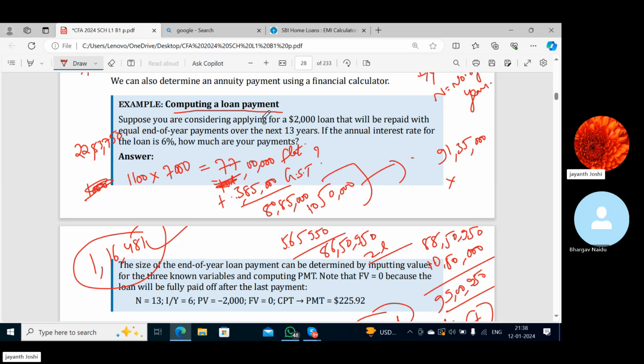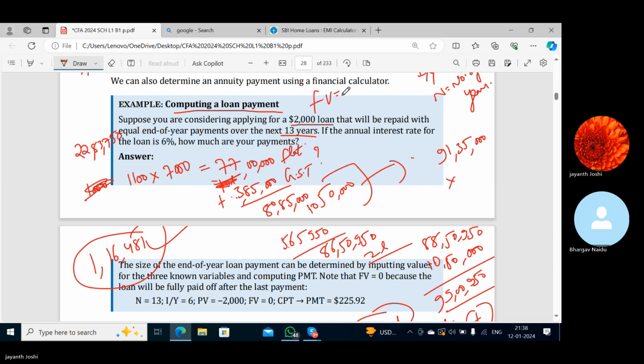Suppose you are considering applying for a $2,000 loan that will be repaid with equal end of year payments over the next 13 years. Are they speaking about annuity? Yes, sir. Suppose you are considering applying for a $2,000 loan that will be repaid with equal end of year payments for the next 13 years. That means